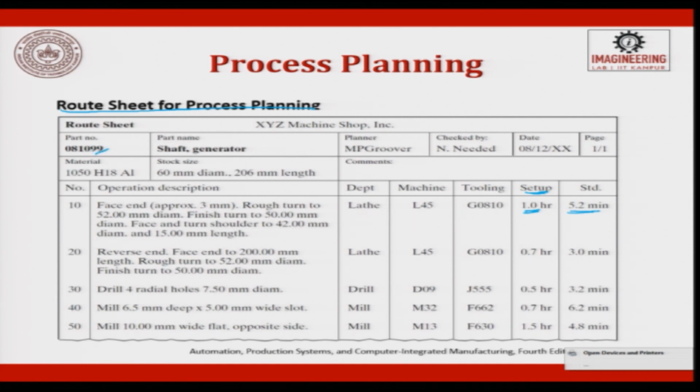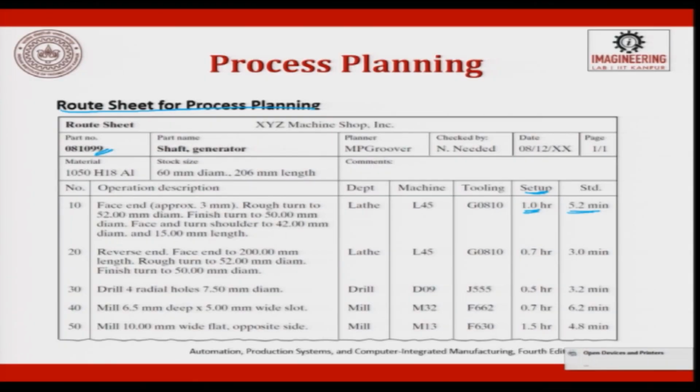If you look at it, this is the part number, because to write the part number by name, it is going to be difficult. If you take an automobile there are 10,000 pieces, if you take a rocket there are more than 1 lakh pieces, aeroplane it is more than 10,000 different parts. When I say pieces, I mean different parts. So, it is very difficult to write a name. So, what we do is we give a number. When you are a student, you get a roll number. It is something like that, part number.